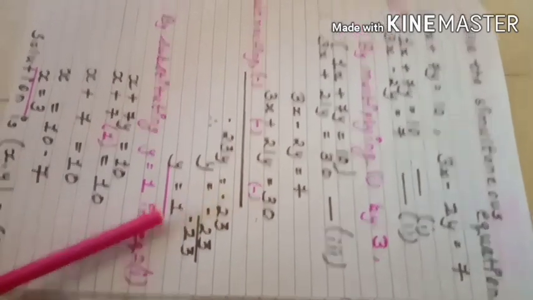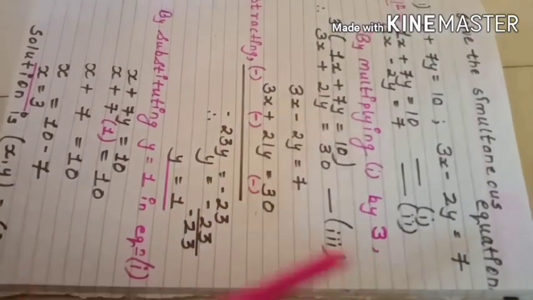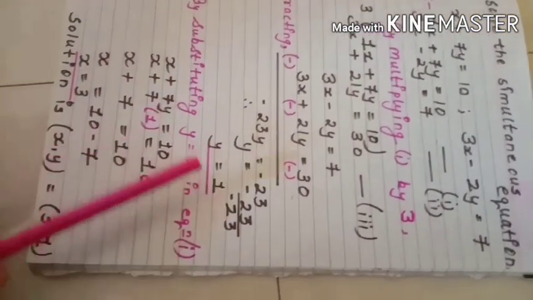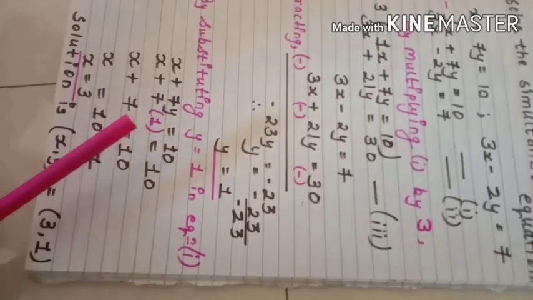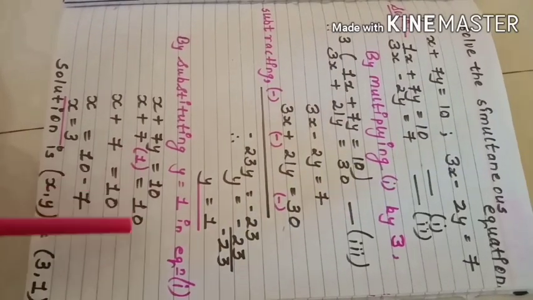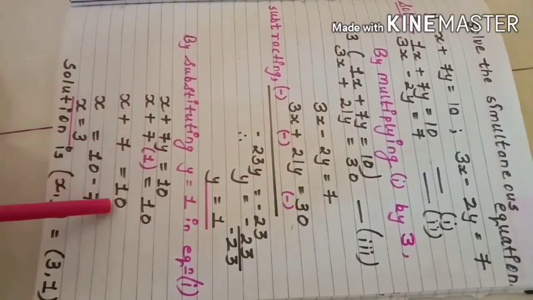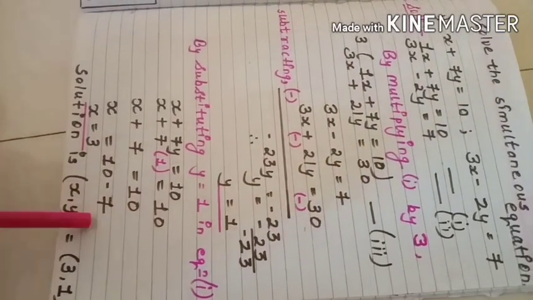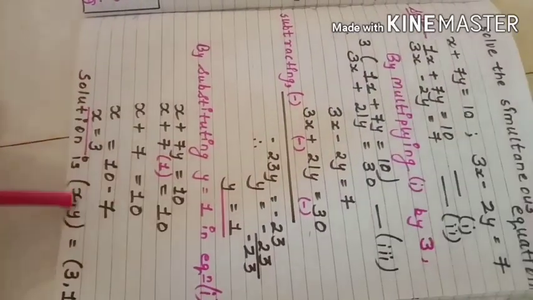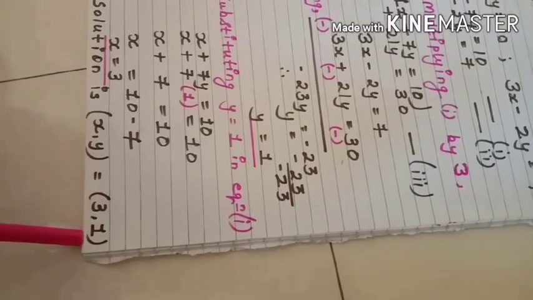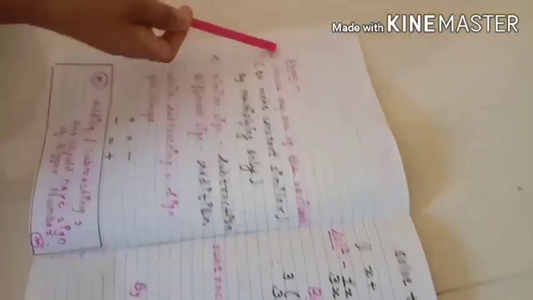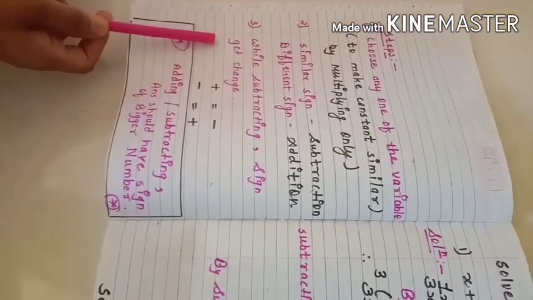I'll substitute this y is equal to 1 in equation 1. x plus 7y is equal to 10. Y got 1. x plus 7 y is equal to 1 is equal to 10. x plus 7, 10 plus 7 will come here to the minus. I'll get my answer x is equal to 3. So our answer become x and y, that is 3 and 1. So the solving simultaneous equation, you have to focus on this step only. You will never get any mistake.